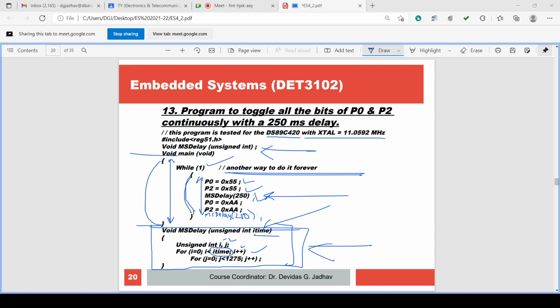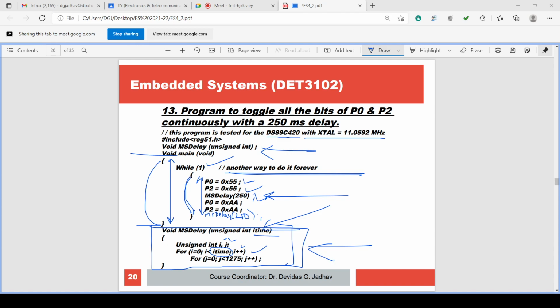Suppose we have outputted 0x55 on P0 and P2, that is the condition. Now port P0 has value 0x55, and port P2 has value 0x55. This condition is kept as it is, not changed, because the delay of 1/4 second is executing.